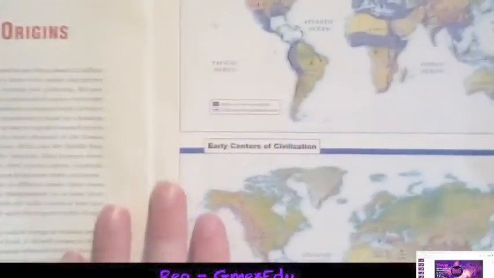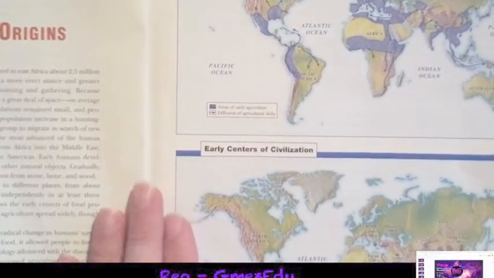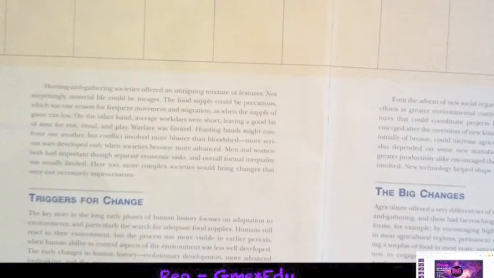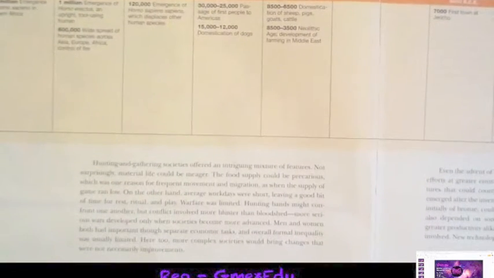Some maps, though, to show the spread of agriculture and early centers of civilization. And then a timeline. Nice timeline above that spans both pages and then into a breakout of two subheadings. This is something that you might use to trick start your course, if you will. But if you're looking for materials, there might be something here that you can utilize in terms of content or in terms of a visual aid like this timeline.